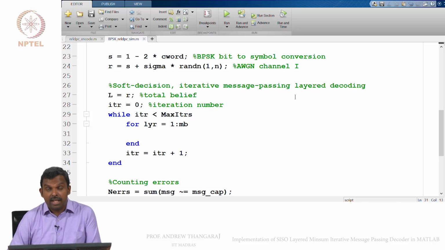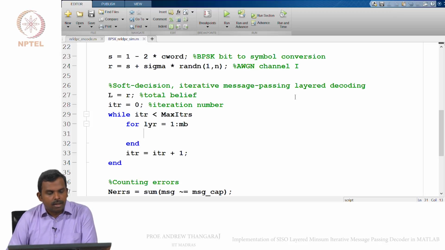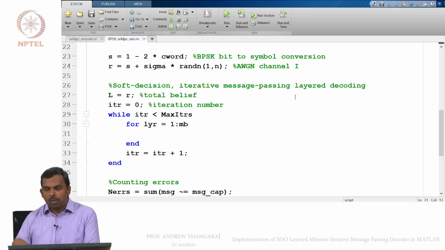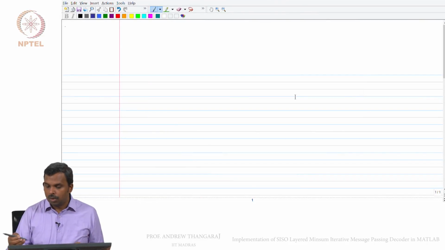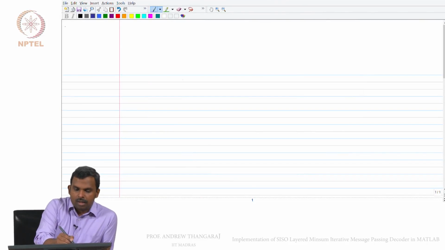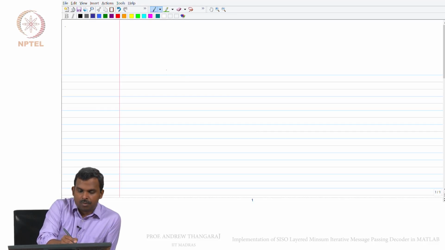And what do I do in each layer? In each layer I have to do row processing. It turns out most people like to do this in parallel. So one can do that as well, and we will do some sort of parallel effort here. So remember what's going to be each layer. Maybe I should take out this thing. So if you look at each layer, the base matrix B, base matrix,